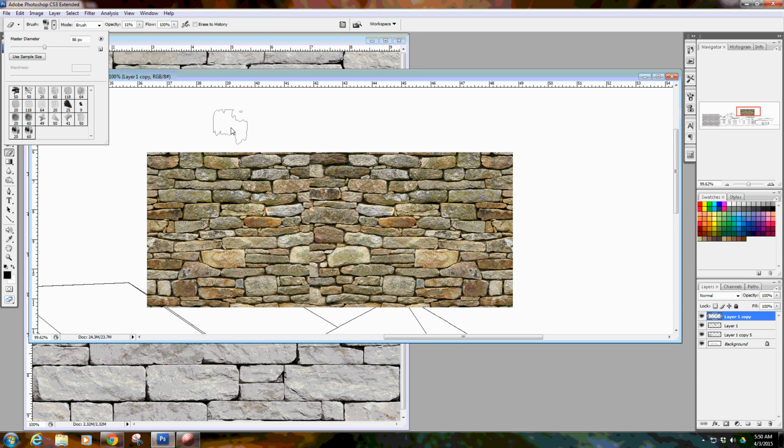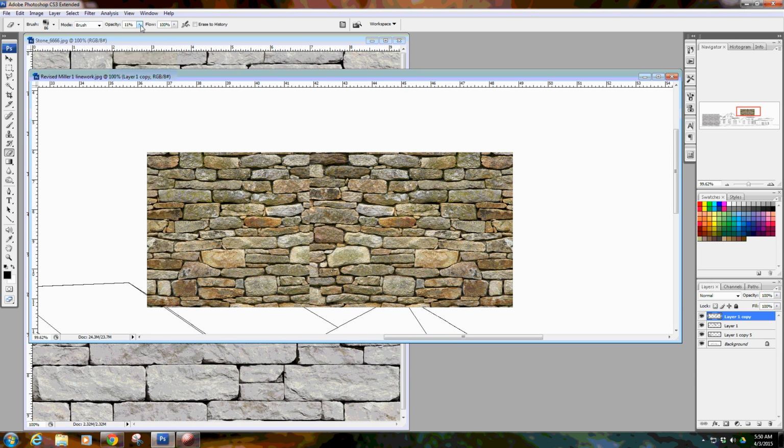So I have my natural brush here, and it's a fairly decent size, but I've taken the opacity down to around 10%, and then I'm just going to start clicking, and as I click, it's going to start to fade into the other one,